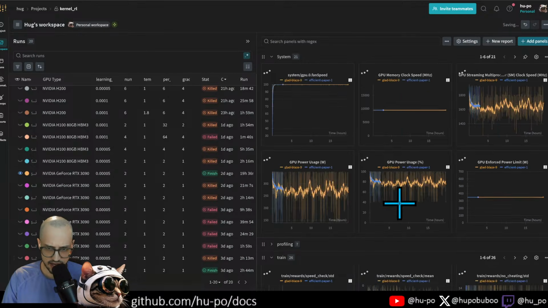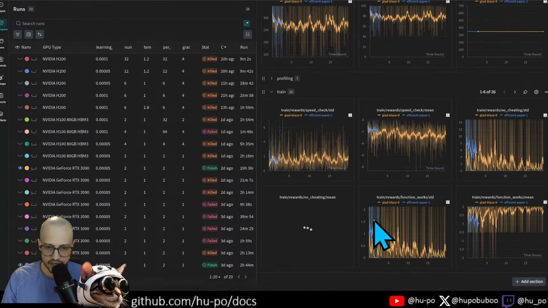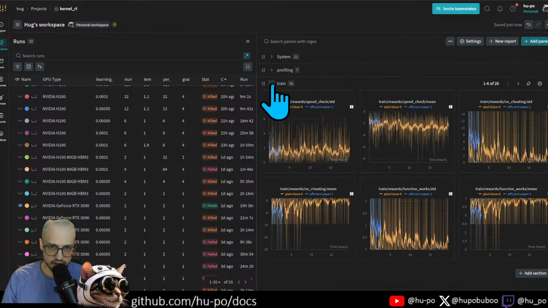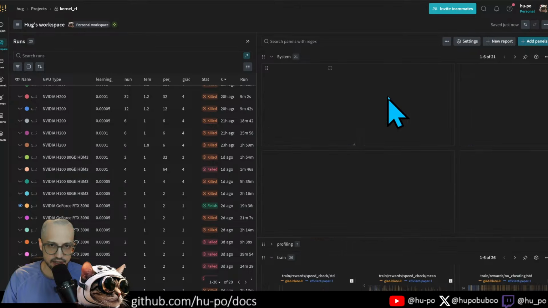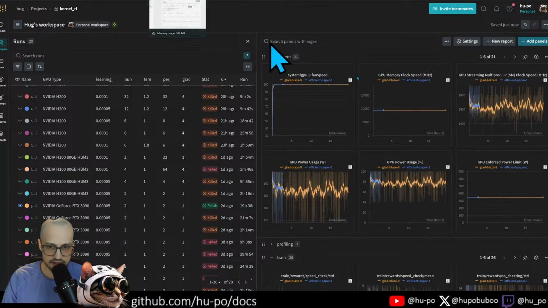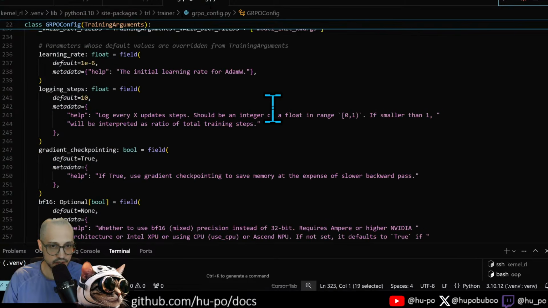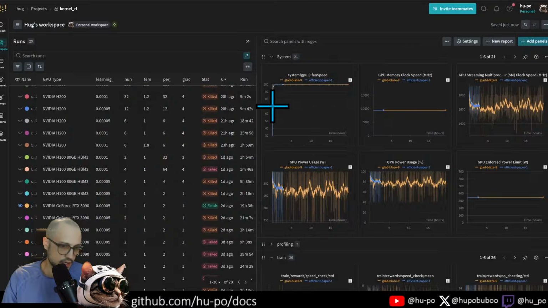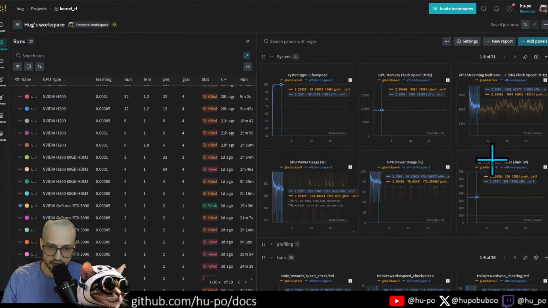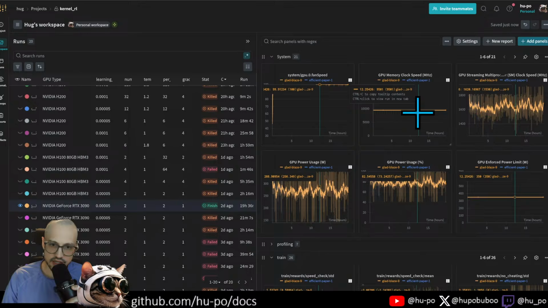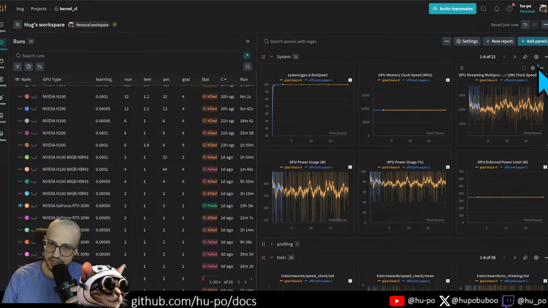You can see I start off with that one, and there's a bunch of different plots here. These plots are chosen by, I think, Unsloth. Unsloth makes the GRPO trainer. I think they might actually be using the Hugging Face GRPO trainer, this one here. But lucky for us, they've logged a bunch of different things here, and I'm going to point out the important things. So, for example, obviously you want to look at